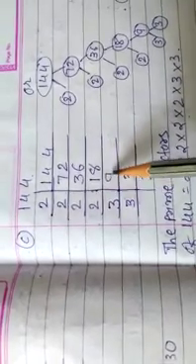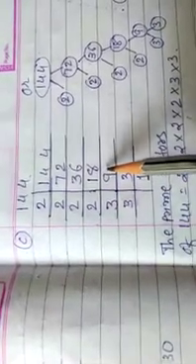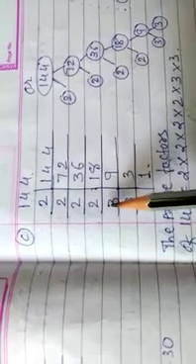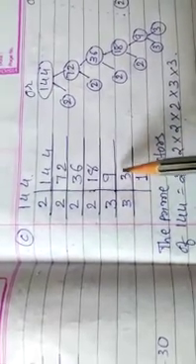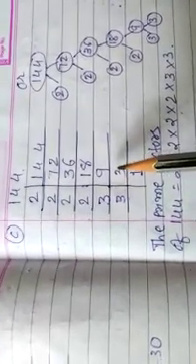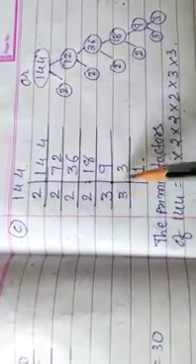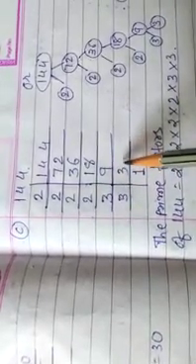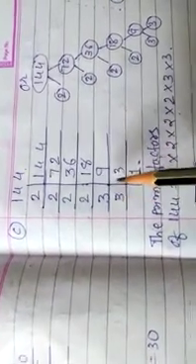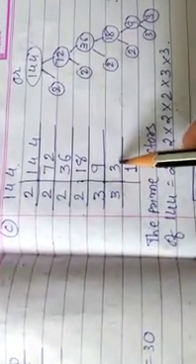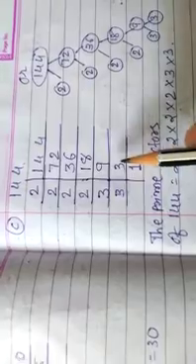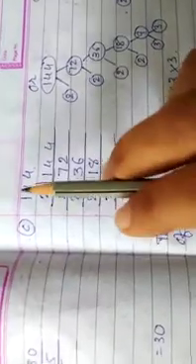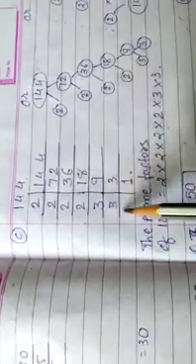Now 9 is not divisible by 2, but it is divisible by 3. So we'll divide, and quotient is 3. Now this 3 is divisible by 3. Answer is 1. Either you can stop at this place also. This will be the last step of further division, right? Now these are the prime factors. We will write these numbers at the last step.